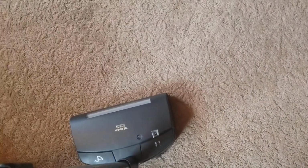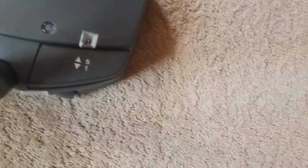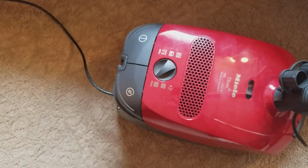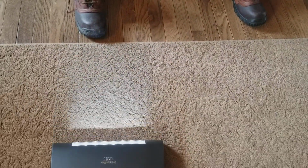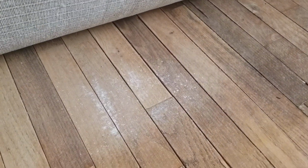So since this is on, I'm going to bring her up here on full suction. It's on the lowest setting. I haven't changed the height. That one's also on extra low. So again, maximum suction. There's the powder. We're going to do one pass and see what it did. Oops, that's record rewind. So there's our one pass and we'll see. So it didn't really do anything,